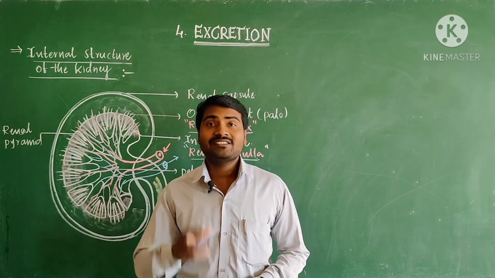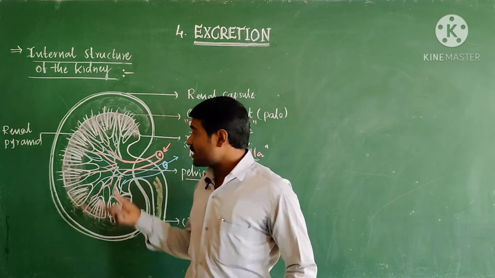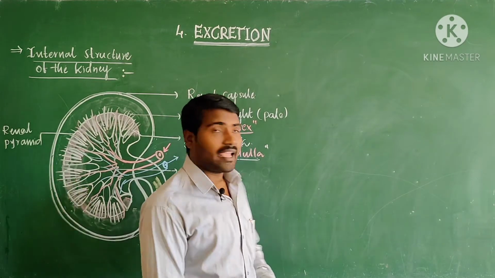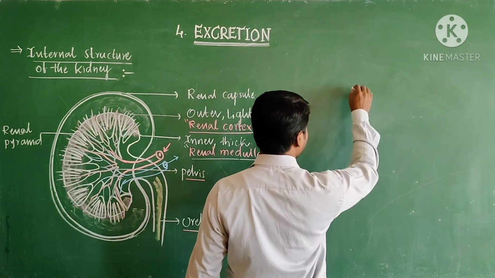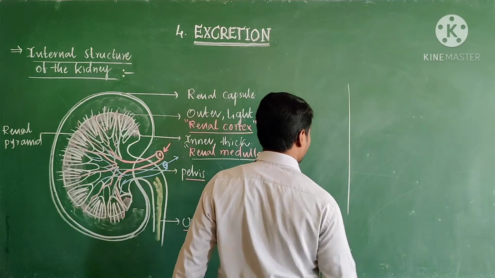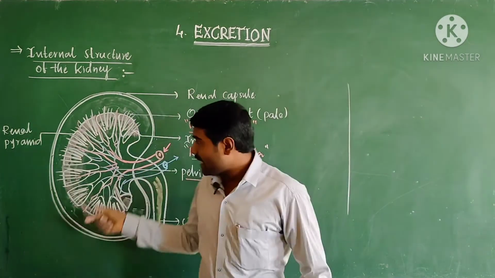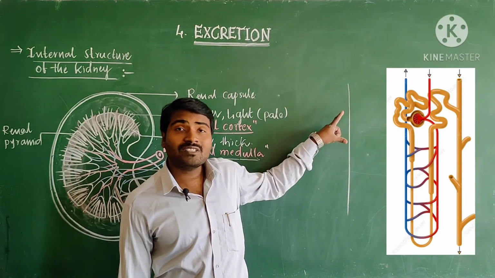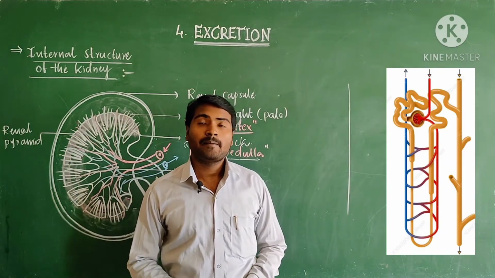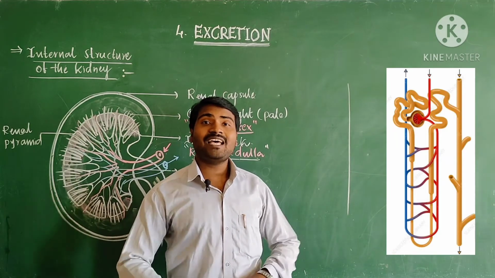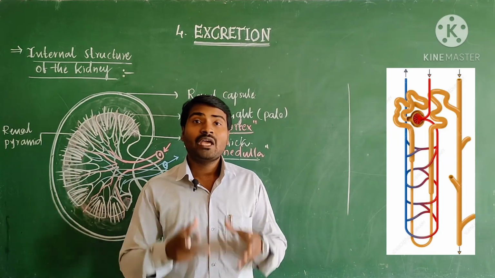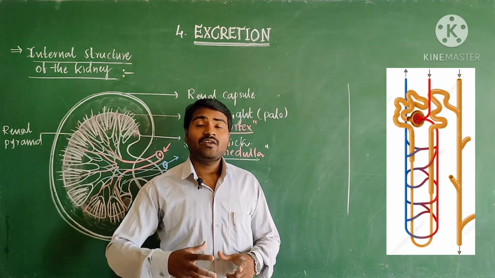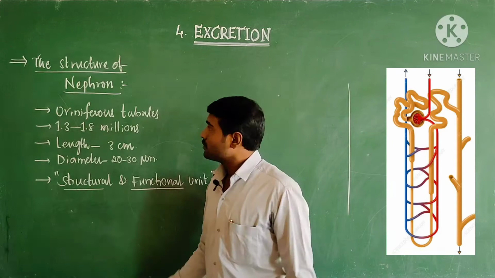Let us see the ultrastructure of the nephron. So let me draw this single line. Here I am drawing that single line. Actually it is horizontal; I have taken the vertical diagram. Of course it looks like a single line, but when we observe under an electron microscope, we can see the ultrastructure of the nephron. So let us see what the structure of the nephron is.